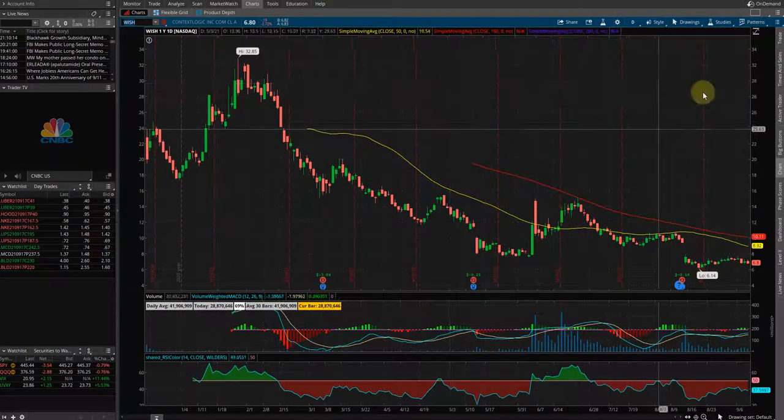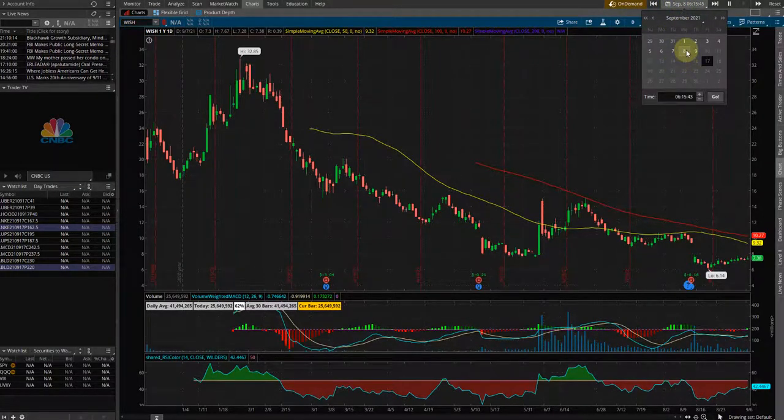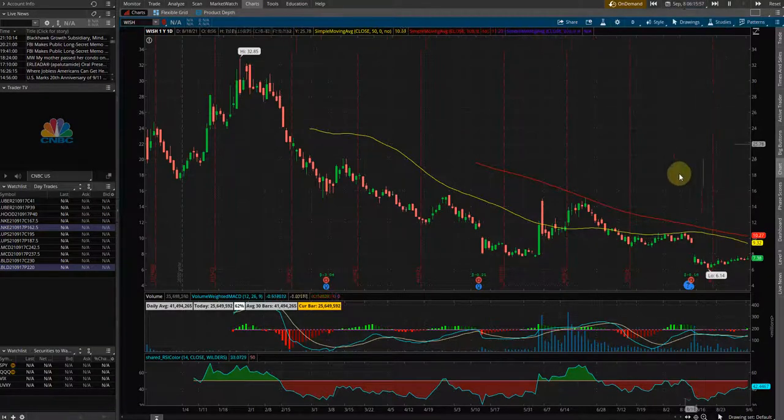So here on Thinkorswim, there's an on-demand feature. It's decent. So you turn it on, and here you're going to select your date. As you can see, our most recent trading day, Friday, is not available. But Thursday is, so we can go back to the 8th, and we can see if we found a setup on the 8th and traded it the following day on Thursday, if that trade would have been successful or not.